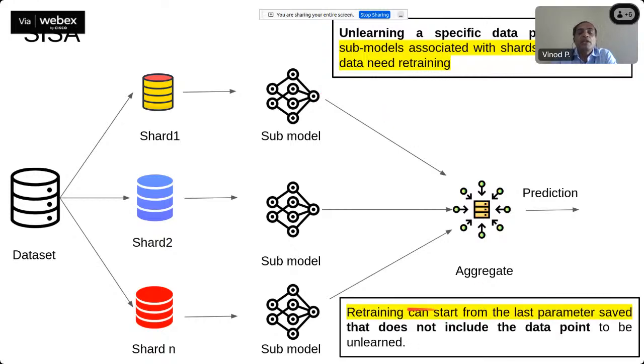The only thing that we need to do is find the last parameter state, and then forget the subsequent ones. Which means that if I have 1 to 100 iterations, and let's say my data point is used at the 90th iteration, I preserve all the parameters from 1 to the 90th epoch, and whatever was memorized beyond 90 just needs to be changed. So effectively we just have to modify the effect that happened in the last 10 iterations.